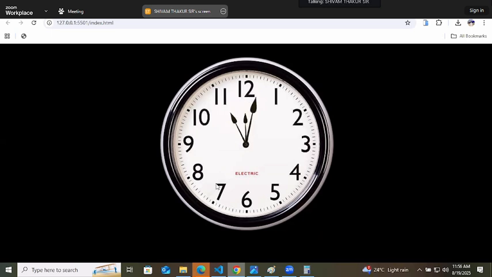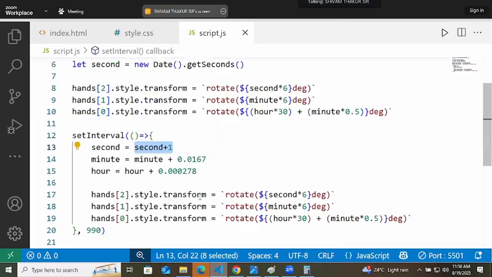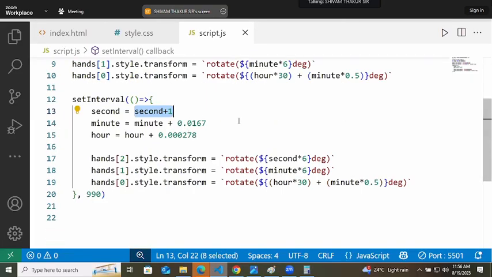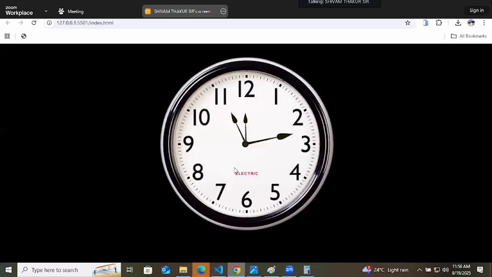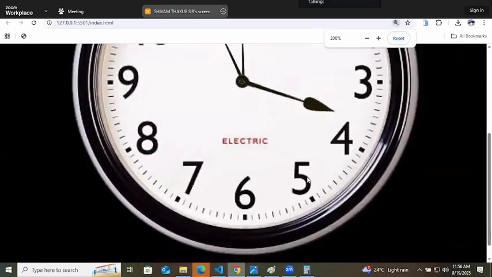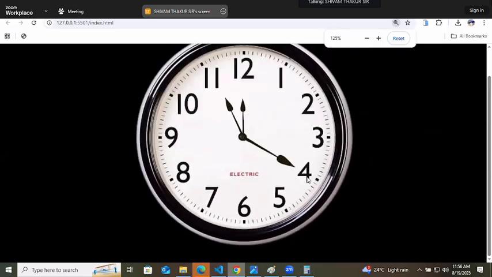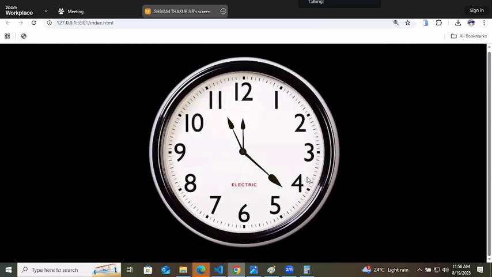Lag, no lag. But minute hand is moving for sure, because every 1 second we are moving it by 0.0167. So second change is not visible to us. Don't zoom it. We'll just check when the time is exactly 12. At that time, it should show us the right time.